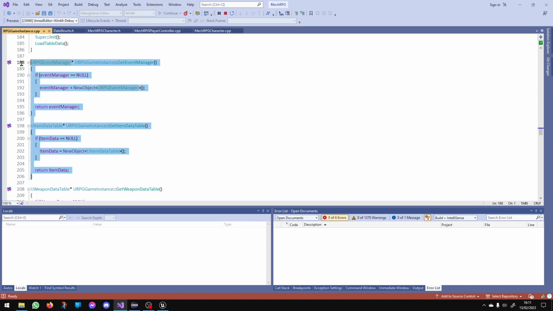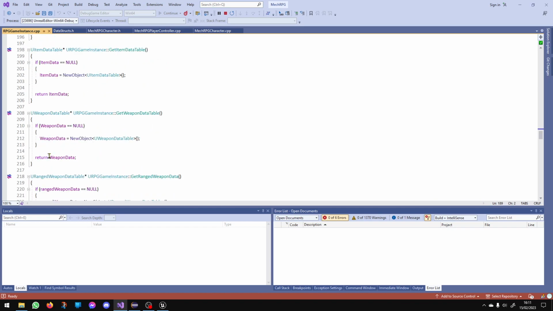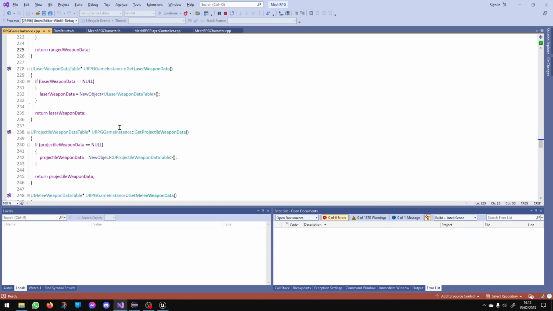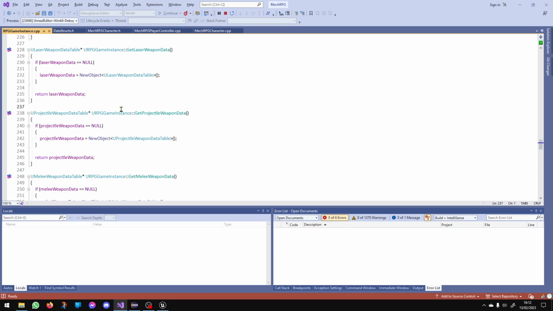I could probably make a template class to get the data in a similar way that you can loop through actors of a certain class. You just do get world, get actors of class, and you put in the type, and it finds all the relevant classes. I'll try and make something similar to that for all of this. I think I tried it in the past and I couldn't get it to work for some reason, so a bit problematic. But anyway,